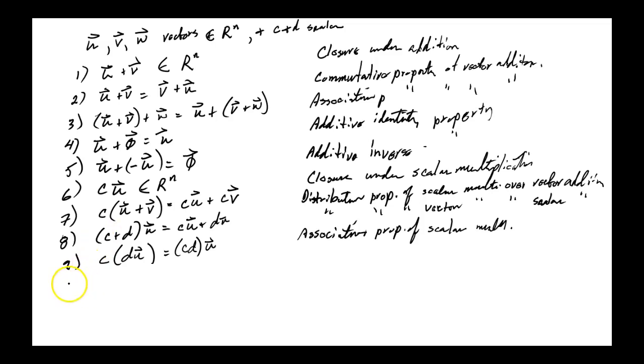And then let's do our last one. And the last one is this. 1 times the vector u is what? Vector u. Absolutely. Just like it is with real numbers. This is just like up here where you had an additive inverse property. You add something to it, you get the same thing. You multiply something by it, you get the same thing. This is the multiplicative